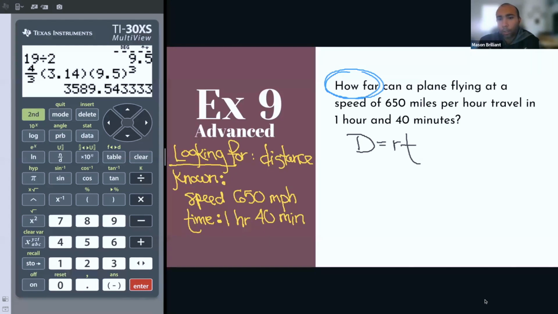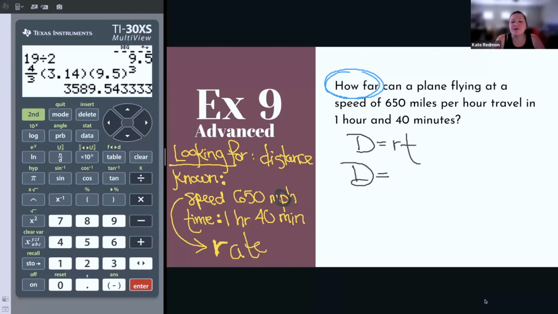Do you want to put distance equals? We don't even know what that R stands for. But look at the information you have known. You know the speed and you know the time. Remember I said I didn't want you to forget the per? Per is a big clue about what this thing is. Anytime you have a blank per blank, we can refer to that as what? Rate? Brilliant. Speed is one way to refer to a speed as a rate. It's a rate of how fast you're moving, but it's a rate. So we will plug in